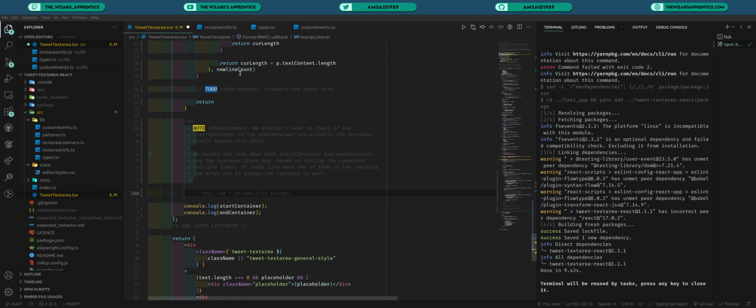Next, we need to check the case where the start container and the end container. Actually, no. What we're gonna do now is, now that we're sure that basically our start container and end container